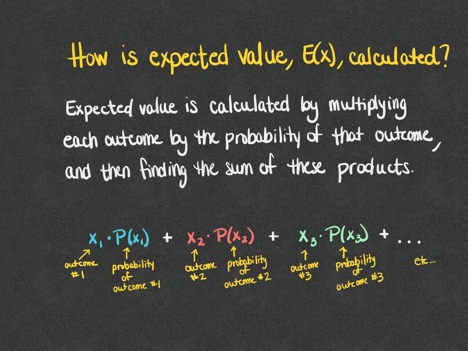And then you would add the probability of the next outcome. Maybe the next outcome is you lose $1. So x2 would be -1. And then you multiply by the probability you would lose $1. Maybe that's 1/2. And then you keep going with all the different outcomes that could happen. Again, typically that you're going to gain or lose money. And then you add up all of those products together, and that gives you the expected value.